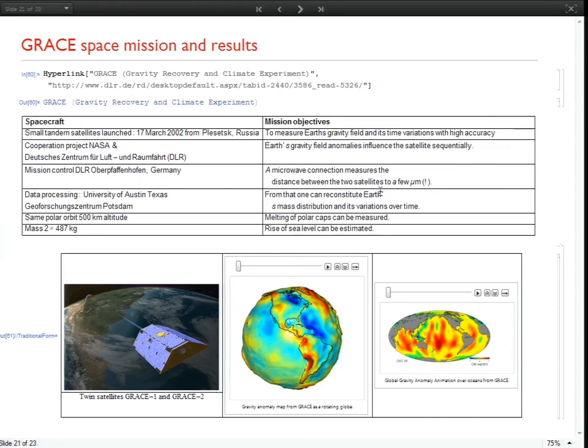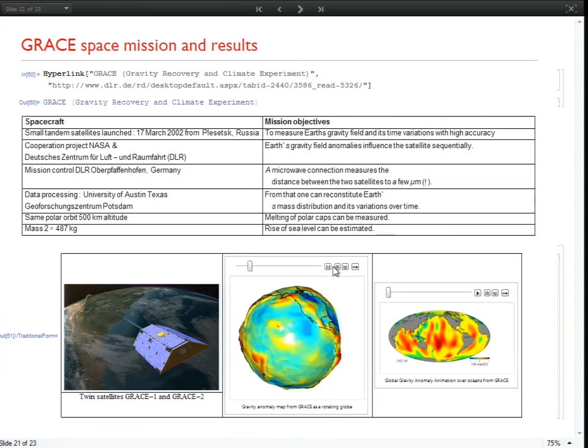And the important new feature was that they used an RF microwave link, which exactly measured the distance between the satellites as they passed over the gravity anomalies. And this gives enormously precise measurements of the gravity perturbations. And here are some results from the GRACE space mission, also the gravity anomalies, and here gravity anomalies over the oceans